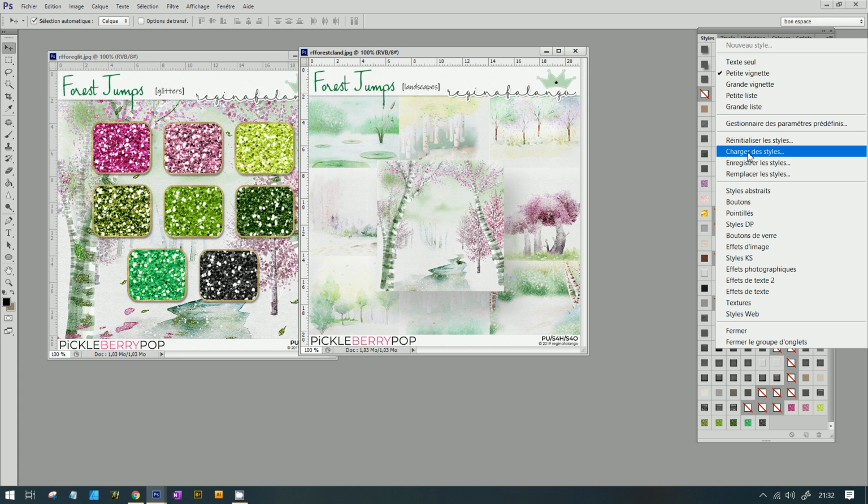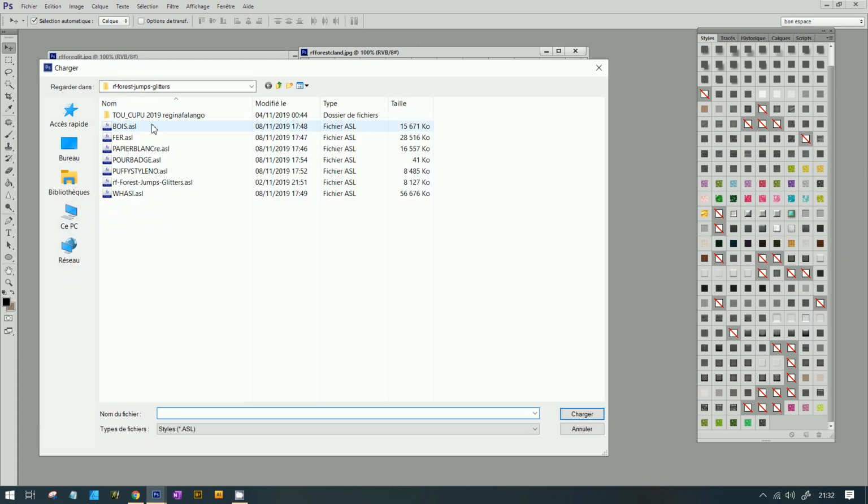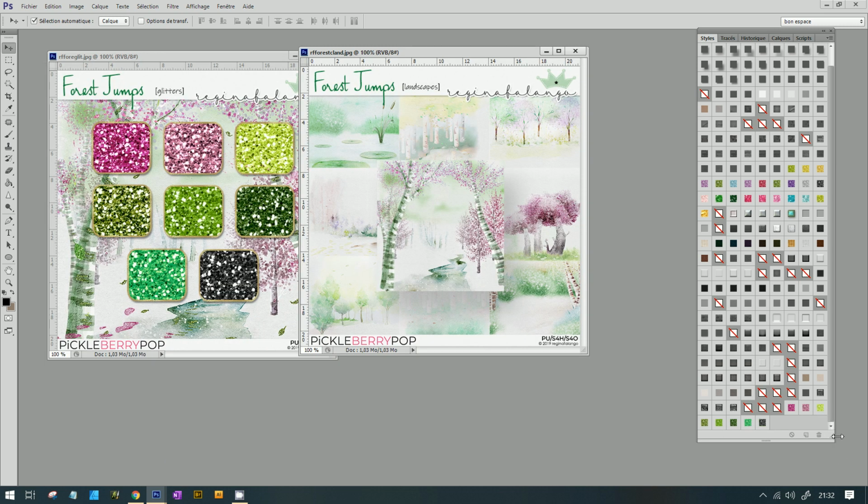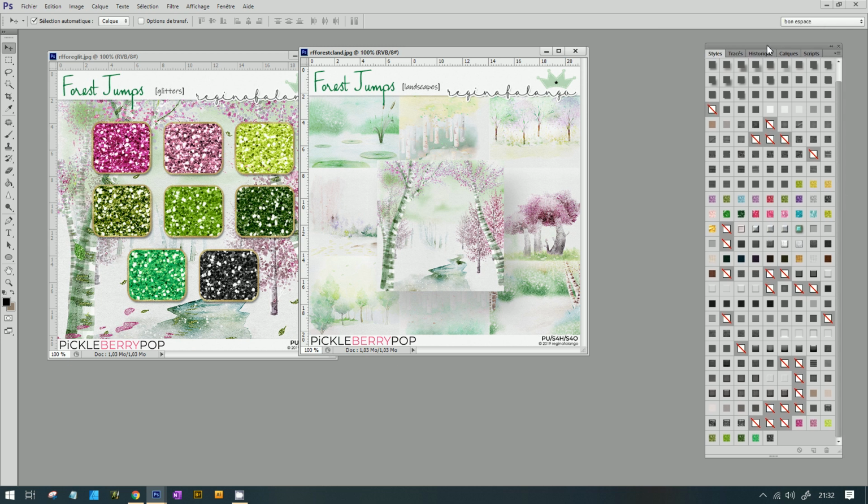My Photoshop is in French, but you have the same here, and you're going to take the glitters. I have already made it up here, and voila, you can start to play with the glitters.